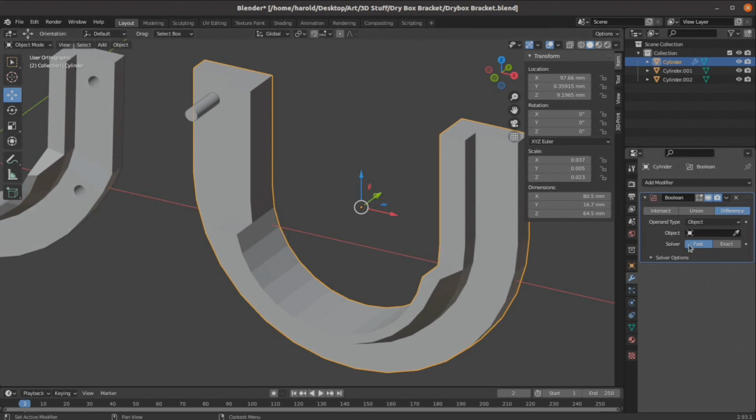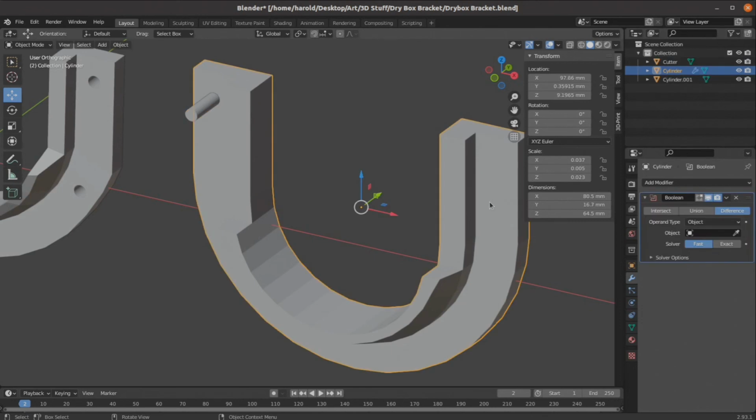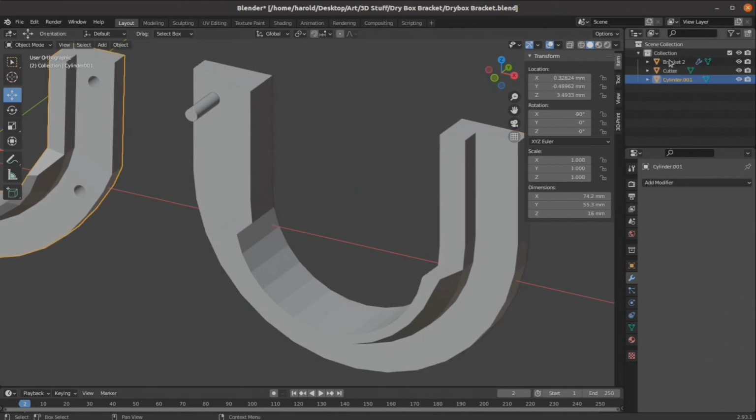So we have difference, we have fast, then you just use the eyedropper tool. It's the easiest way to do it, especially if you have a lot of objects. However, we only have 3 objects in this, but we didn't name them. So if I go over here and I select the cylinder, you see it's highlighted over here. These are the 3 objects in our file. If you were to name this cutter, so you could easily identify it, name this, let's say, bracket 2 for the one we're working on, and we'll name this